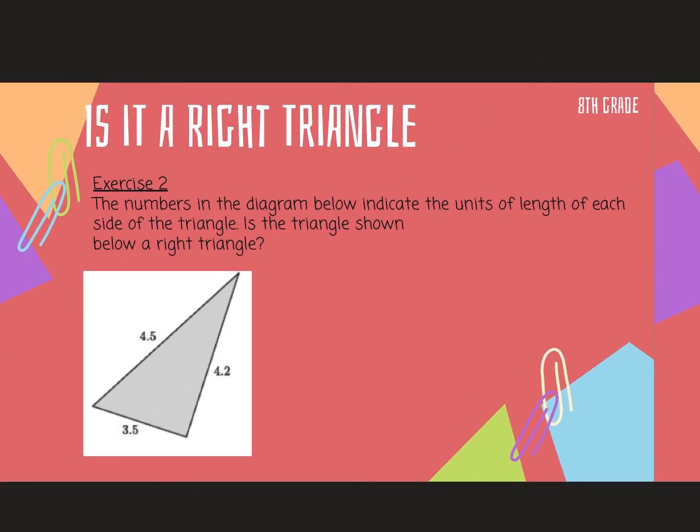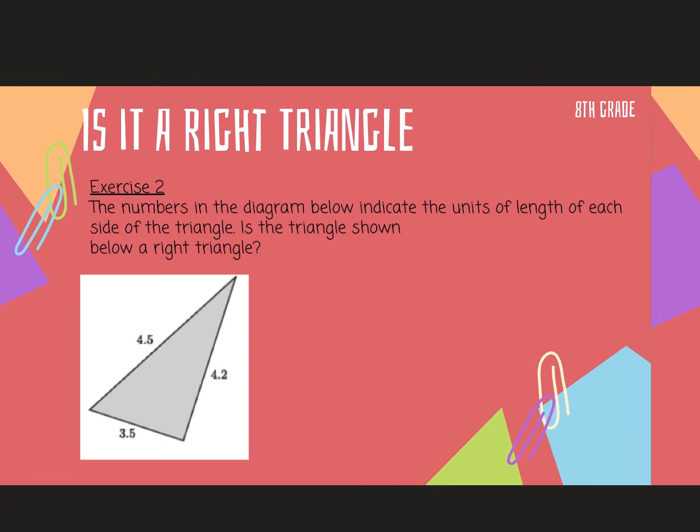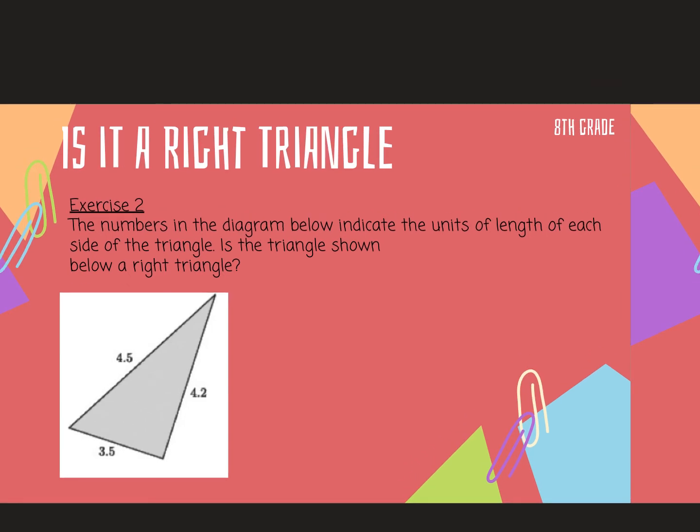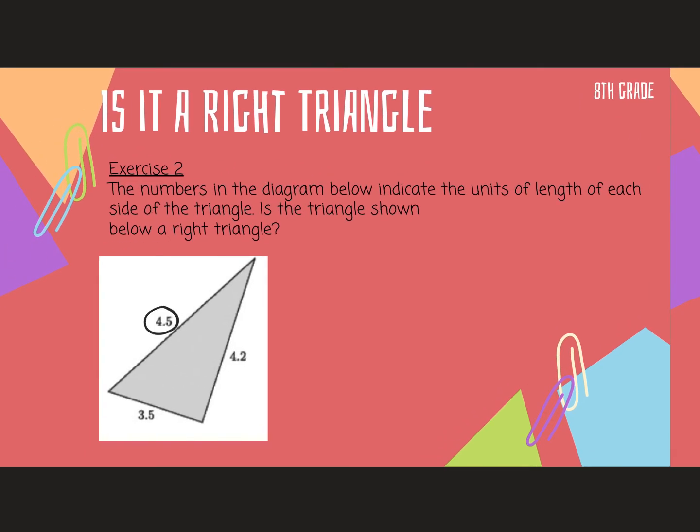All right, and for the last one, I want you to try this one on your own. Just like we did in the previous one, we are going to look at whether these three sides form a right triangle. Again, our longest side is our hypotenuse. So we have 4.5, so that means 3.5 squared plus 4.2 squared is equal to 4.5 squared. 3.5 times 3.5 is 12.25. Then 4.2 times 4.2 is going to give us